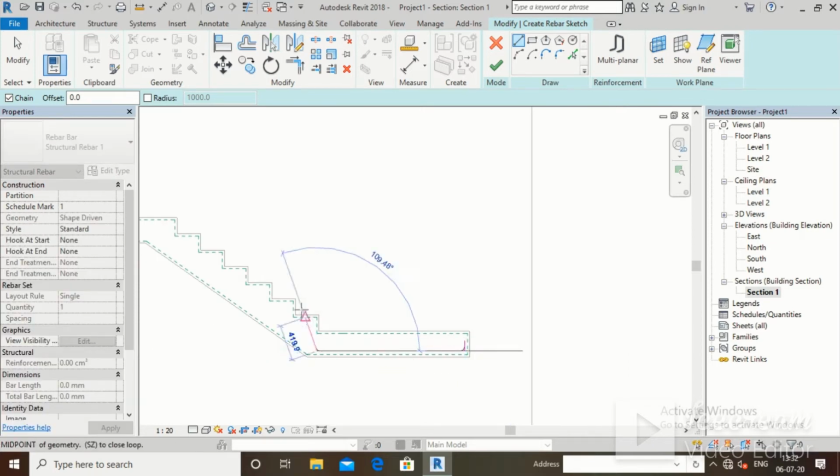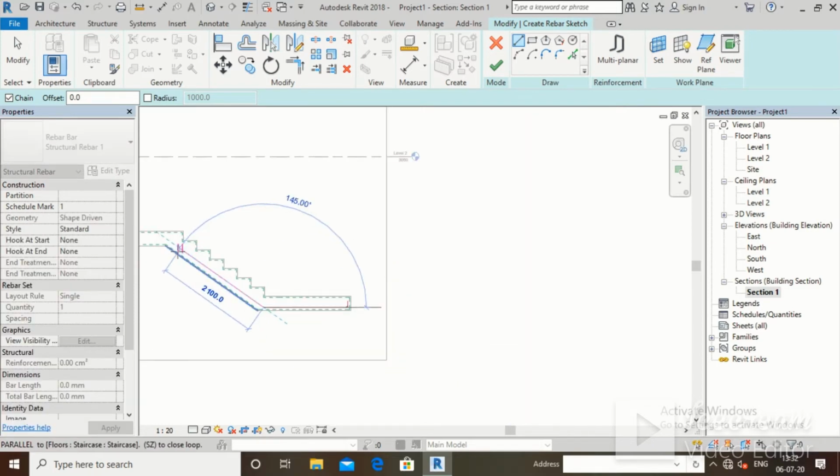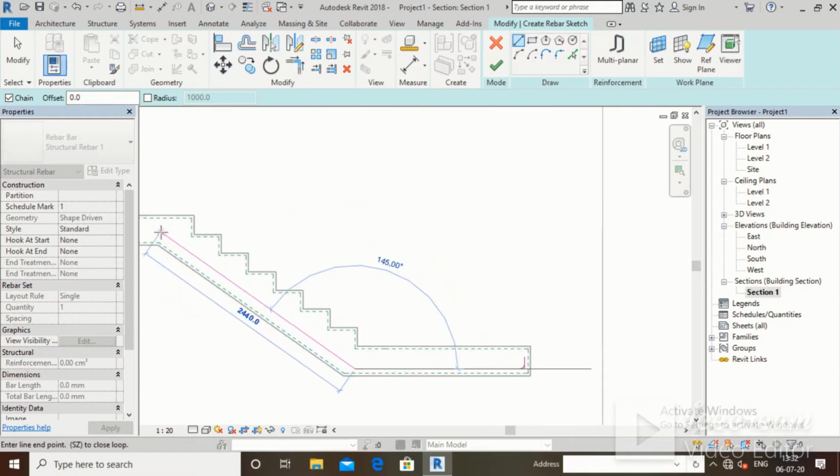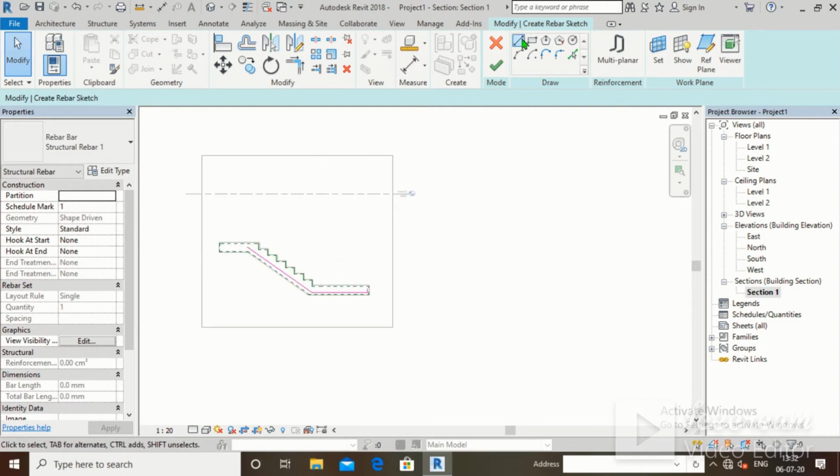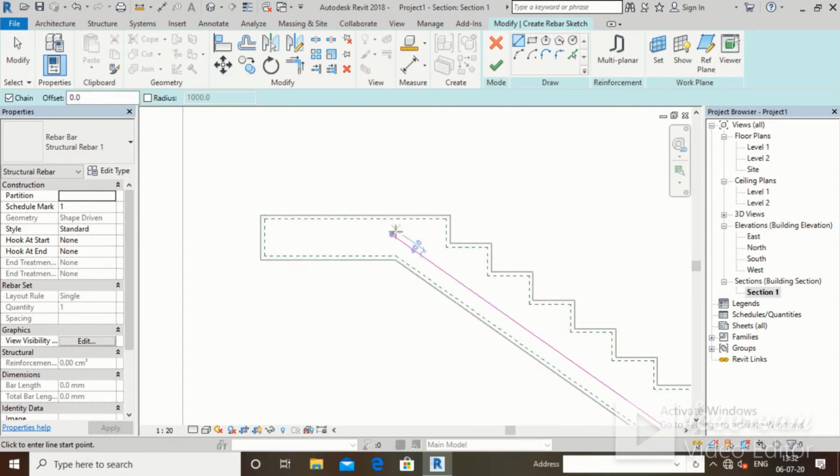We will draw it in this way. Okay, this is that bar.